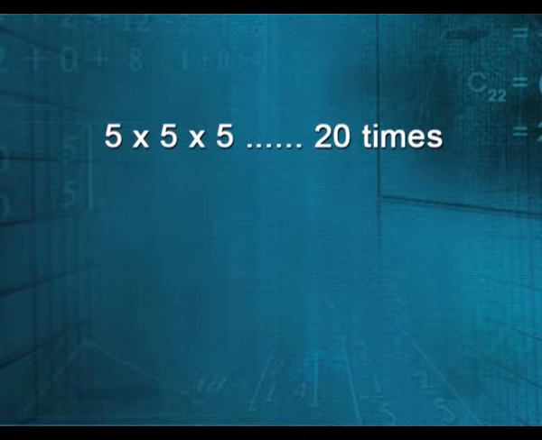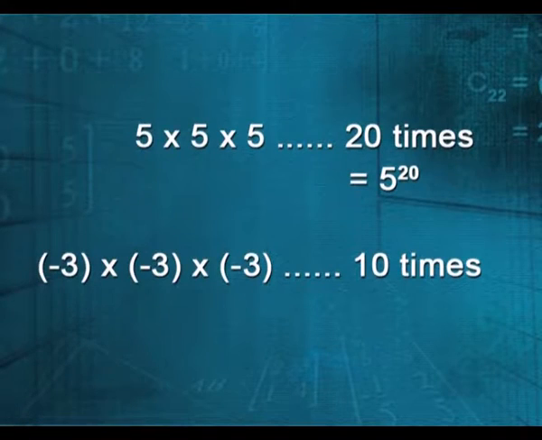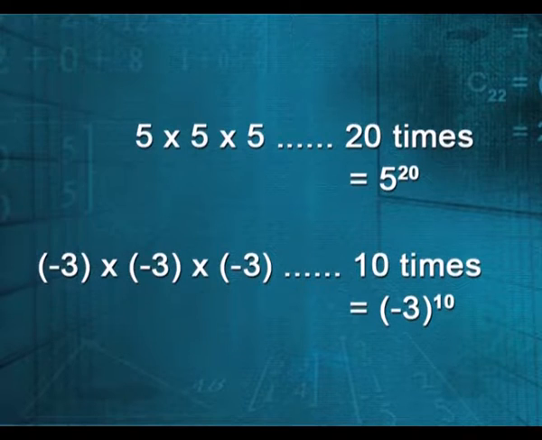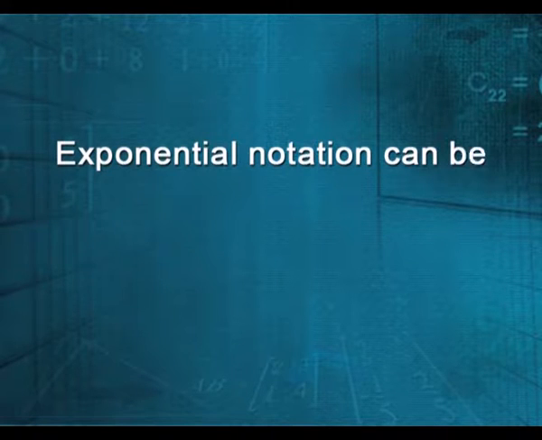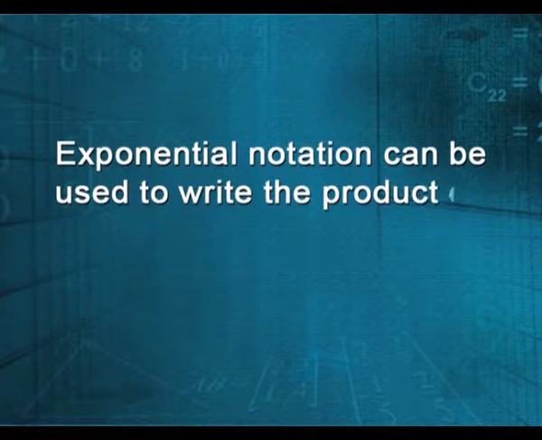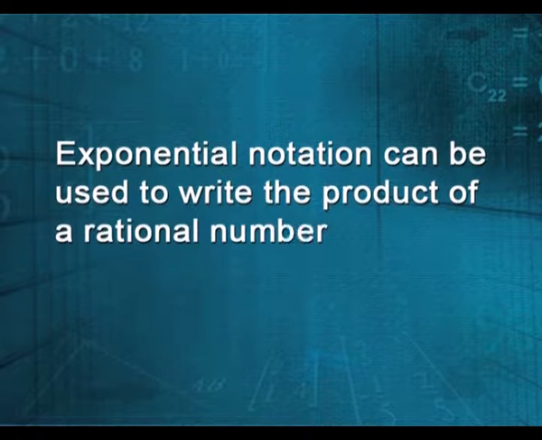5 multiplied by 5 multiplied by 5, 20 times, is written as 5 raised to power 20, where 5 is the base and 20 is the power. Likewise, minus 3 multiplied 10 times is written as minus 3 raised to power 10, where minus 3 is the base and 10 is the power. Therefore, you can say that exponential notation can be used to write the product of a rational number by itself